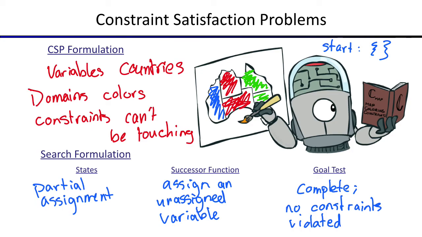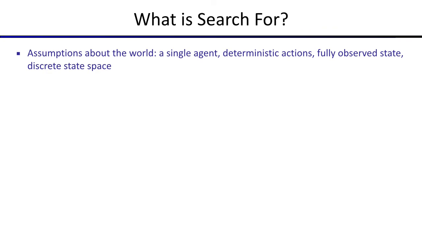Well, that's not a goal state because it is complete, but there are violated constraints. And so it would go back up in the search tree and keep searching like that. We're going to see an actual demo of what our search algorithms from yesterday do on CSPs pretty soon. First, I want to talk about a quick distinction between search